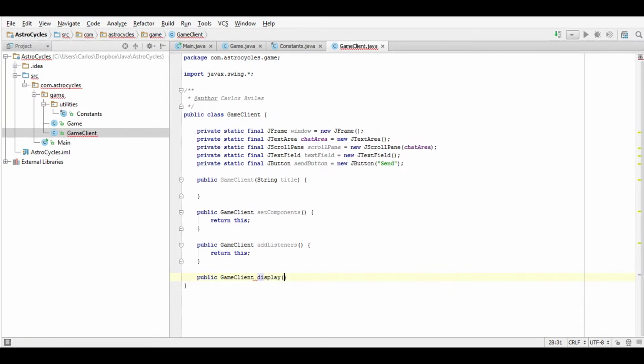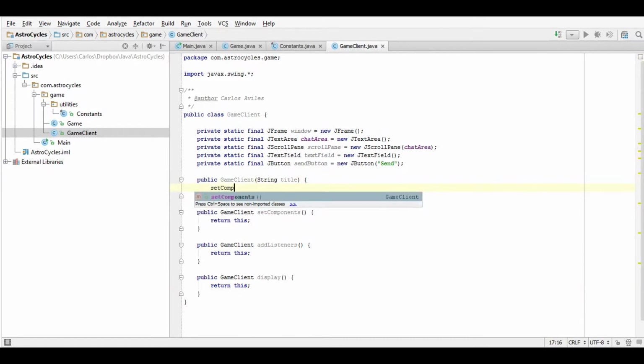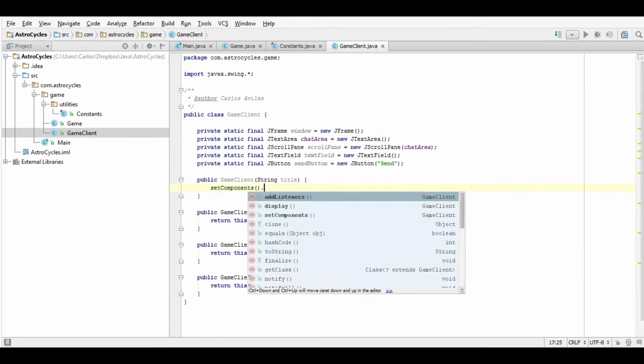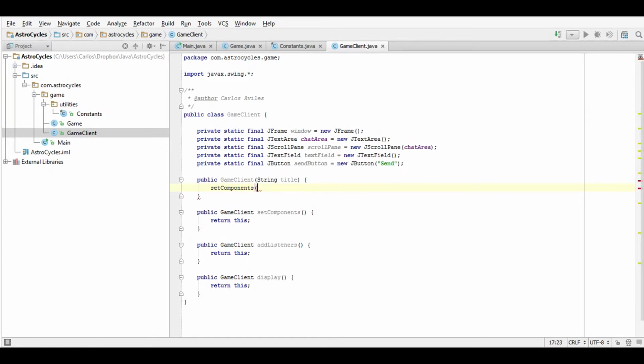Create the last one called display. You have to have return this, or return null works too, but return this looks much better. Alright, this is what a chain method is. Set components, you can do that an infinite amount of times, like add listeners. I think. Well, I'm pretty sure you can.